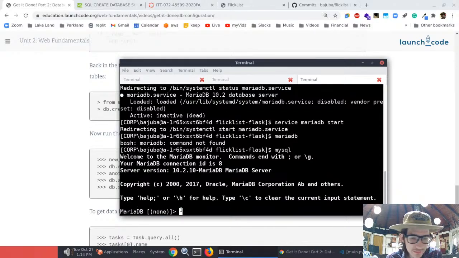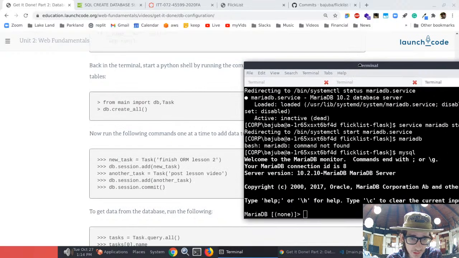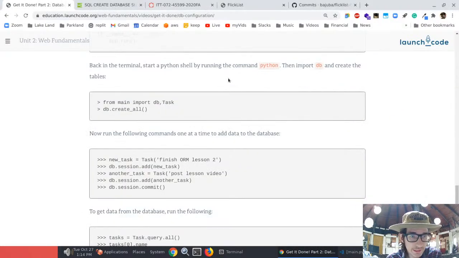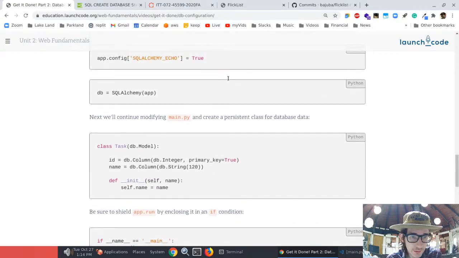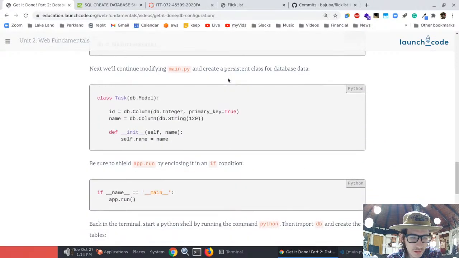Where it says none, this is telling us we currently have no database selected, right? So we're gonna have to create a database and then do some setup so that we can communicate with it using the app. So the first thing they want us to do is in our main, after we import,